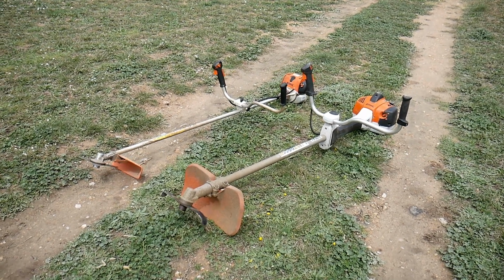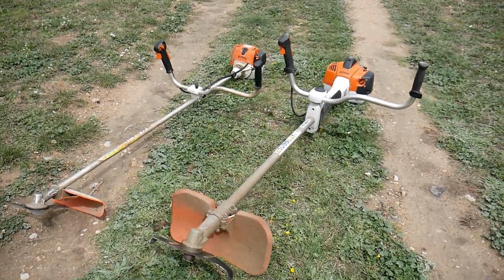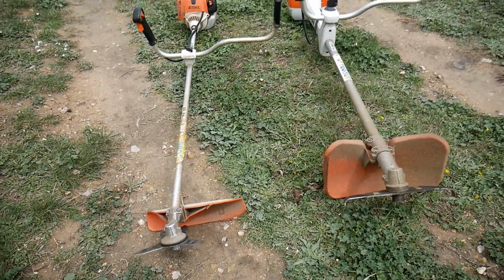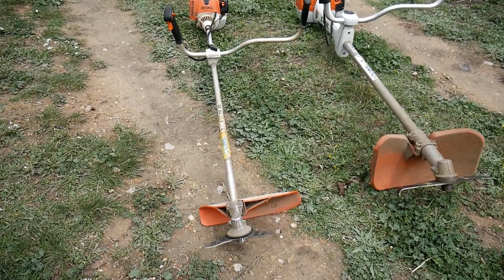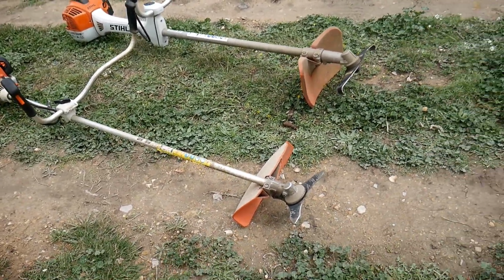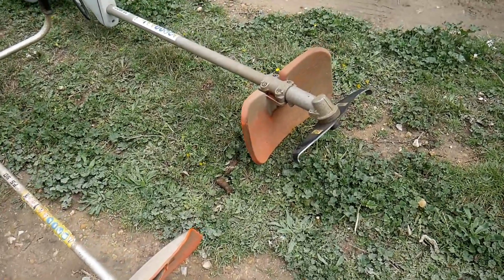Side by side, I've placed the 560 and the FS90, just for you to see the difference. One is very cheap, about 400 euro, the other one about 1,300 euro. So what is the difference? Well, look, for instance, the